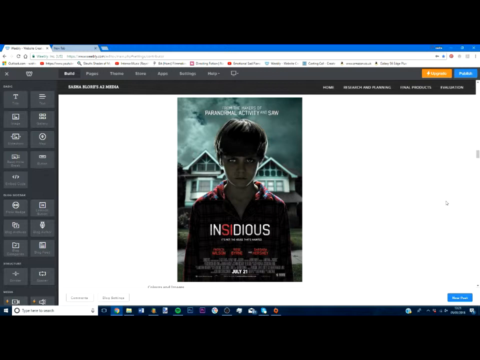In fact, it brings a new sort of subgenre into the haunted house genre, which was quite revolutionary for its time. We also have the red here of his pajamas. That has connotations of blood and danger, which shows that blood could be spilled in the film. It shows that he could be in danger, this child, or it shows that the child could be a danger in himself. The white could have connotations of purity.